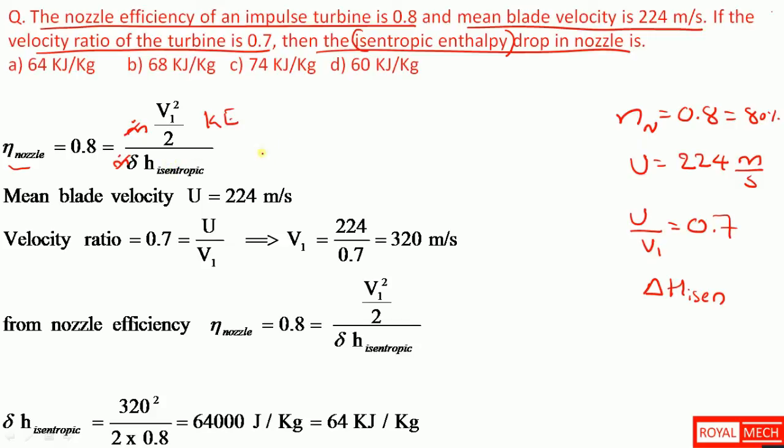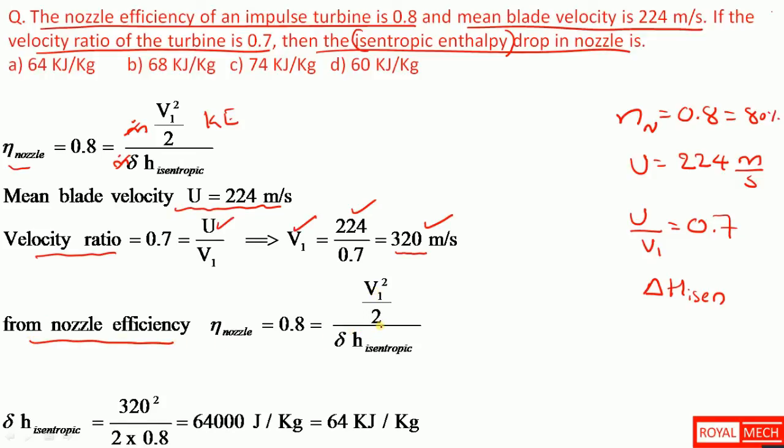So we have U equal to 224 meter per second, and velocity ratio is also given. U by V1 is equal to 0.7. So V1 will be 320 meter per second, because as U is 224, it will be 320 meter per second. So nozzle efficiency becomes